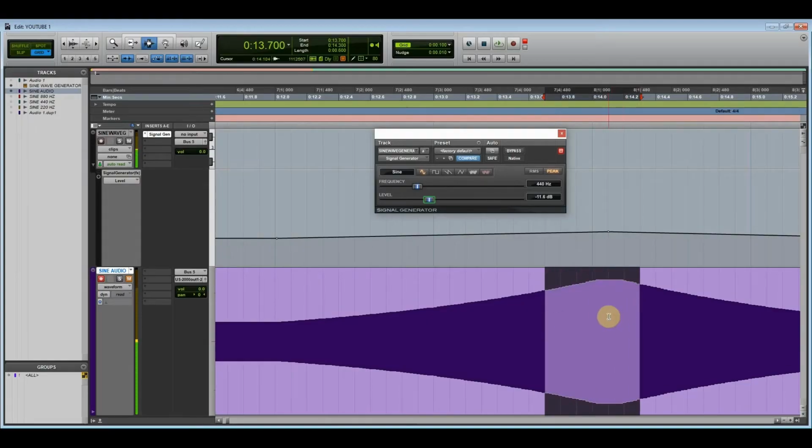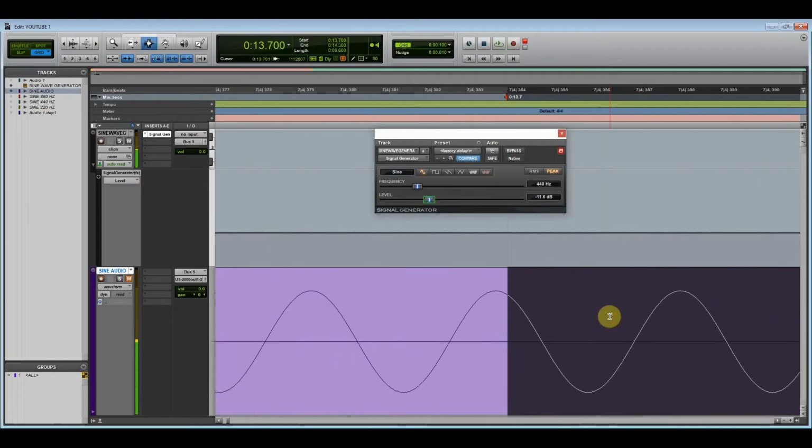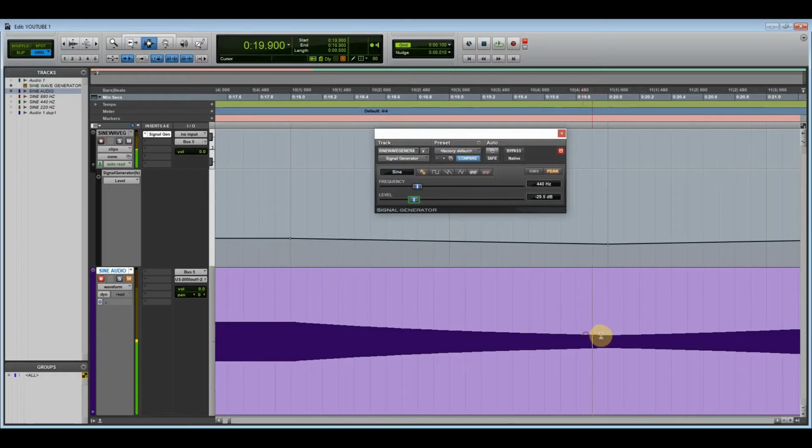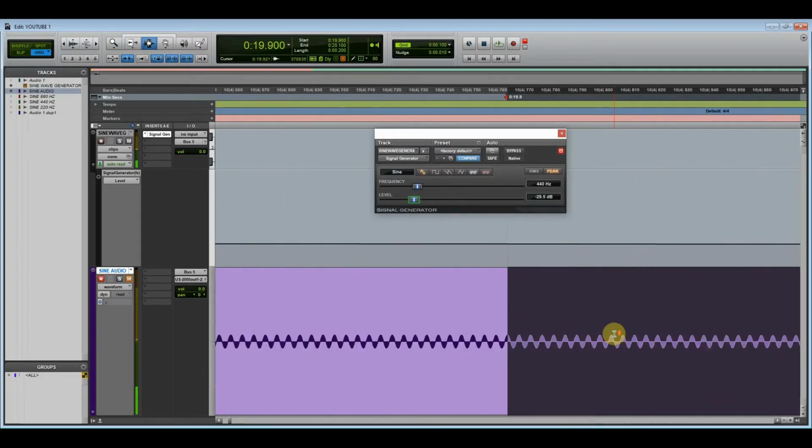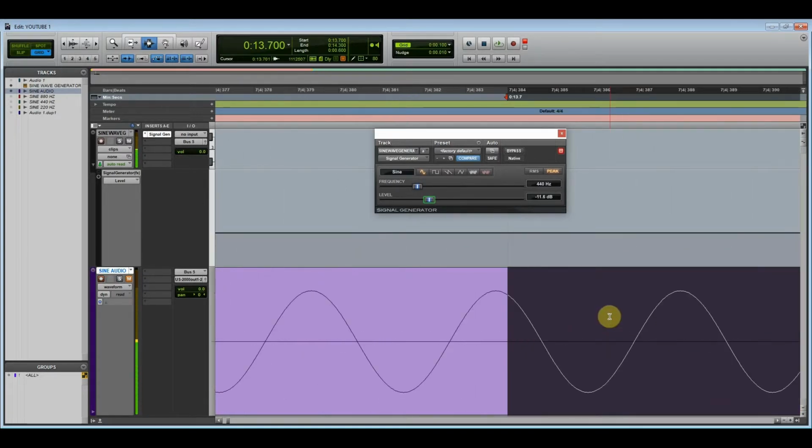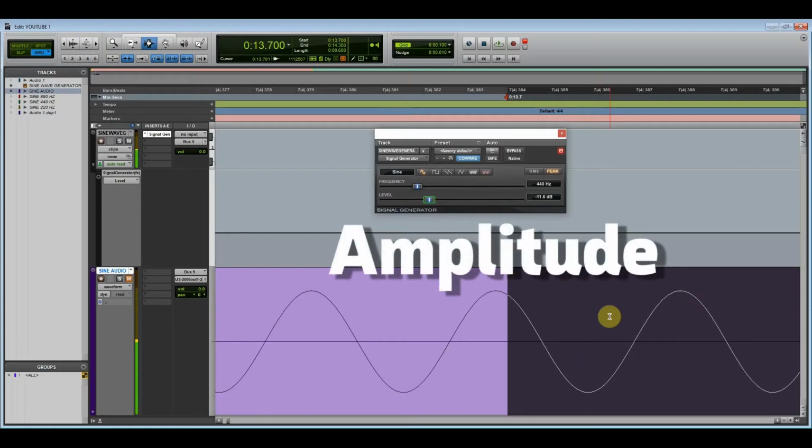Notice how the crest and troughs are displaced further from the zero crossing as the sine wave gets louder, and also how they get closer to the zero crossing when the sine wave is softer. The distance from the zero crossing to the top of a crest or the bottom of a trough is a measure of amplitude. At this point, we should note that some of the terminology previously mentioned differs from recording engineers